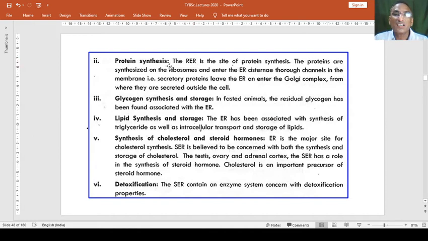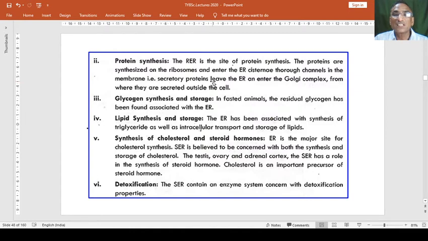Therefore, the rough endoplasmic reticulum is the site of protein synthesis, where actual protein molecules are formed, and the proteins are synthesized on the ribosomes and enter the endoplasmic reticulum cisternally through the channels in the membrane,